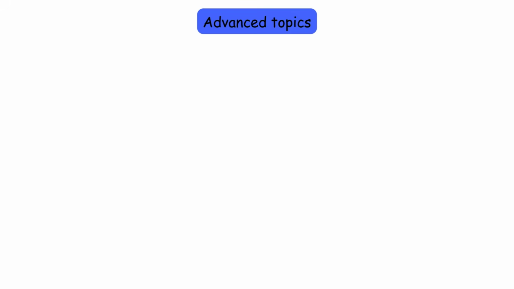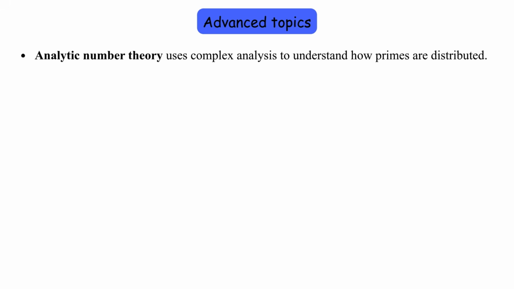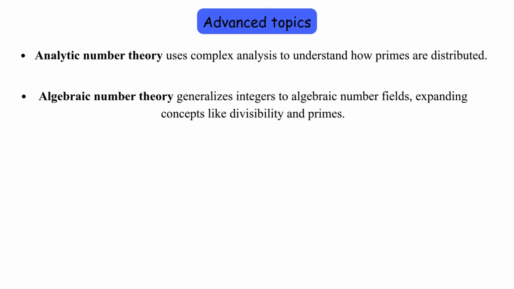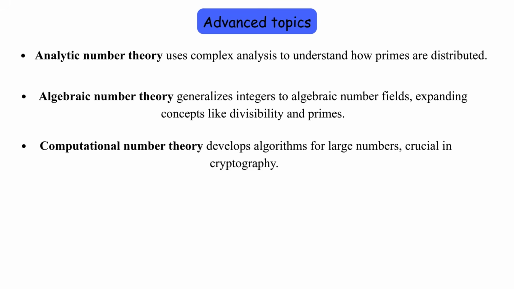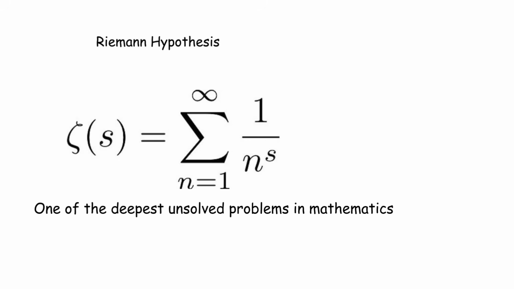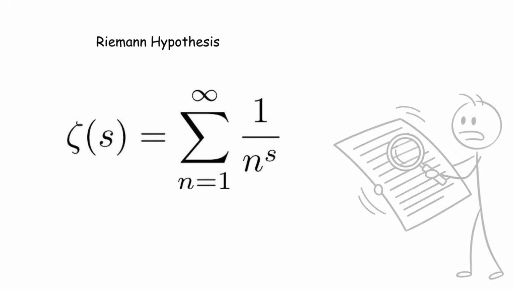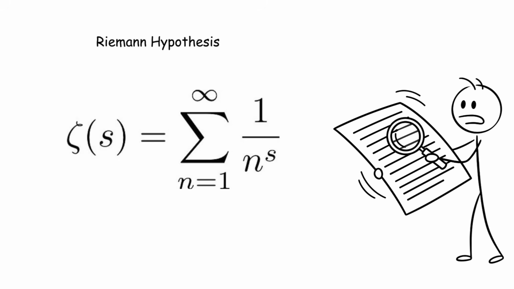Advanced topics include analytic number theory, which uses complex analysis to study prime distribution, algebraic number theory, which generalizes integers to algebraic number fields, and computational number theory, essential in modern cryptography. The Riemann hypothesis, one of mathematics' deepest unsolved problems, concerns the distribution of prime numbers and remains a central question